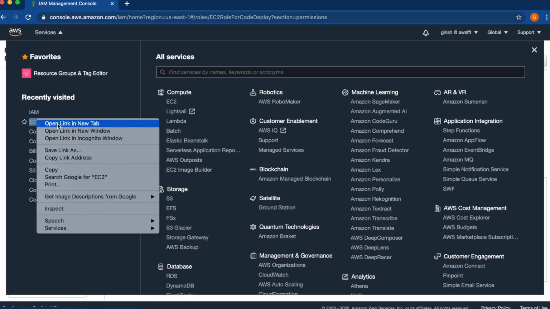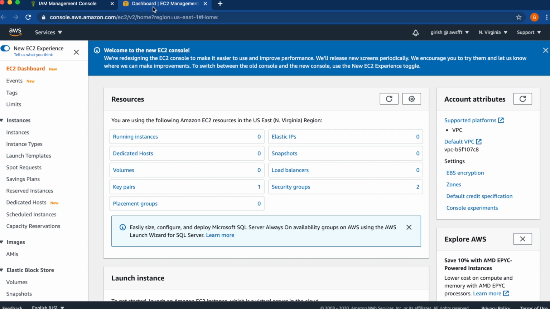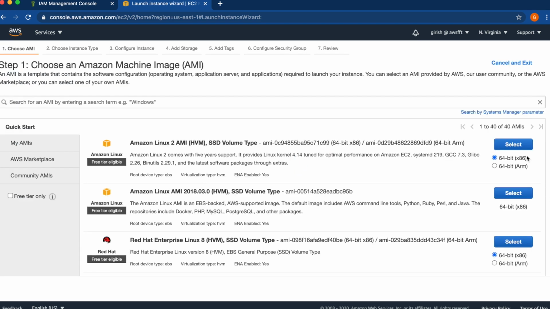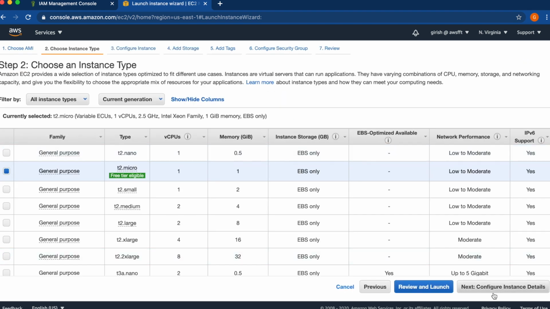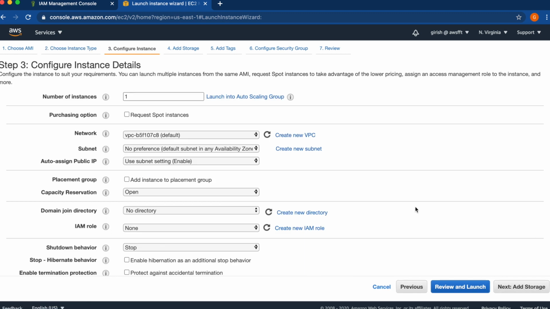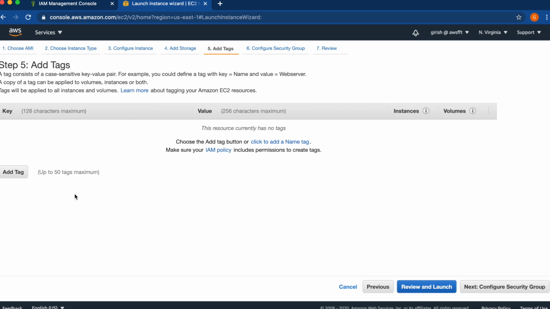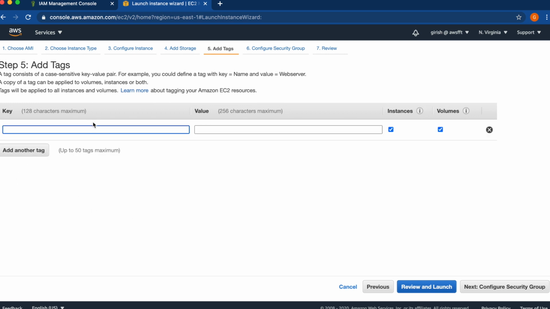So now let's go back to EC2, select the instance, and T2 micro will be in the free tier, so that's why. EC2 CodeDeploy. Volume we'll just keep as is, and here is a key. Whatever you have, you provide as a key value pair, so that we will use to identify our instances.